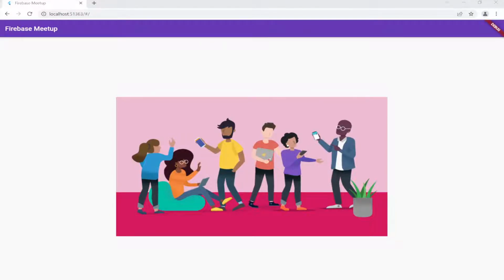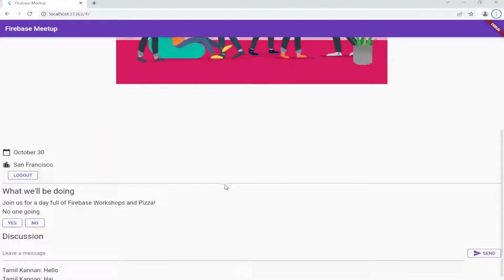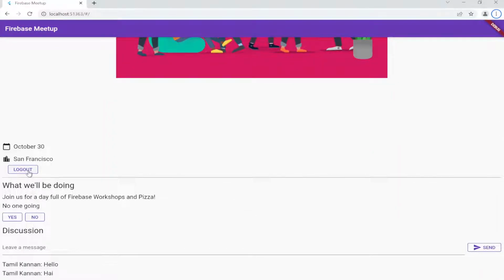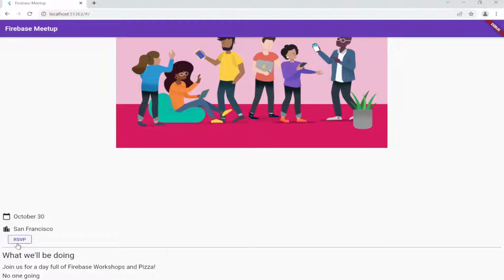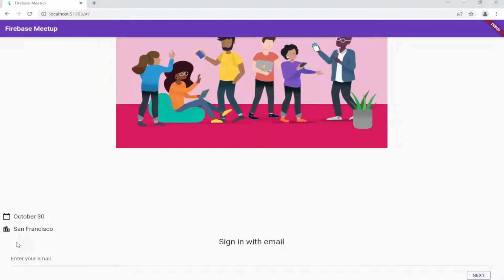So this is a sample application showing how we can use Firebase in our application. This is a simple web application. In this web application, I have logged in. This is the home page. If I press RSVP, as we do to log into our session,